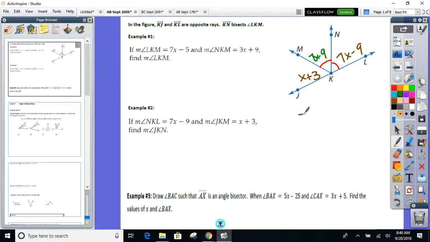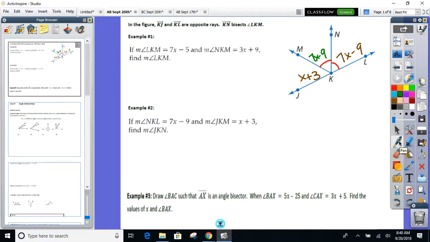Now, is it going to make sense for me to go 7x minus 9 equals 7x minus 9? Good luck solving that. Let me know what you get. When the x's cancel out, negative 9 equals negative 9. That's not going to get you anywhere. But